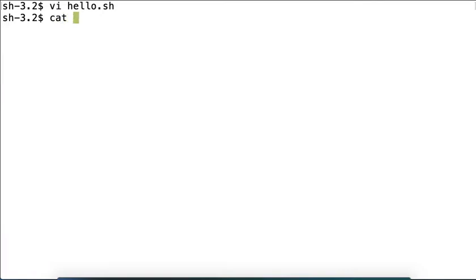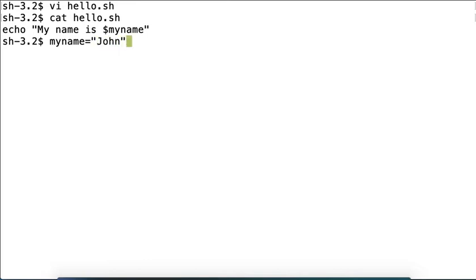If you see, the content of this script is just one echo statement where it is going to print the variable named my_name. Now, in this shell, if I initialize my_name equal to John, and now if I run the script with sh